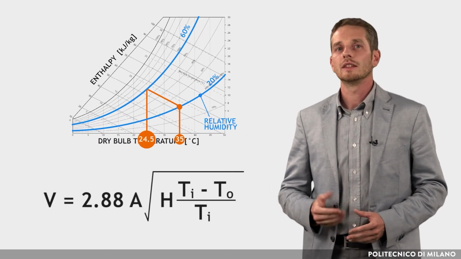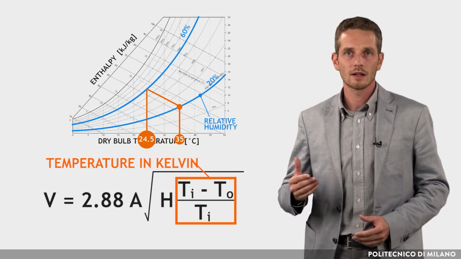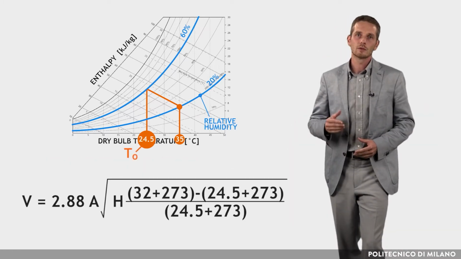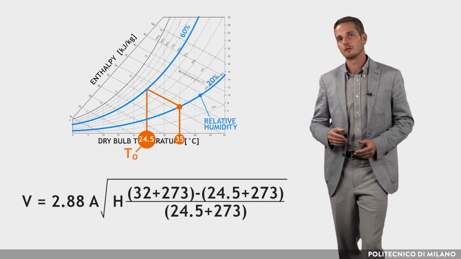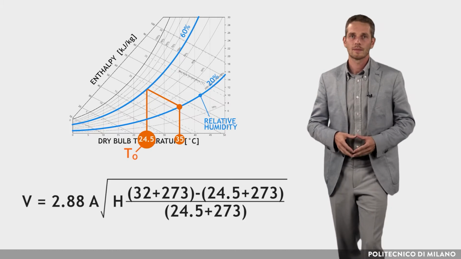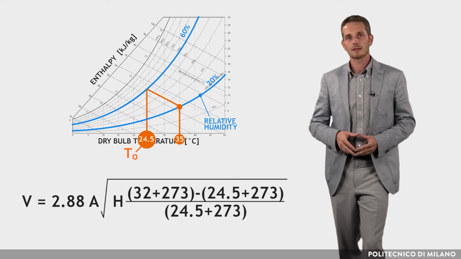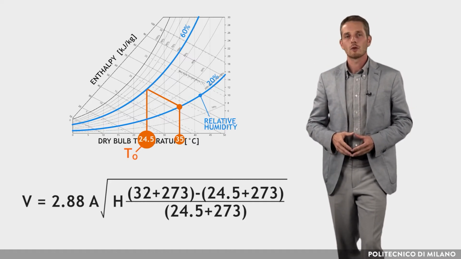Fifth, calculate the airflow rate using the equation related to the stack effect. In this example, Ti is assumed equal to 32 Celsius degrees as a first approximation. Mind that indoor temperature should be calculated iteratively using the room heat balance. H is equal to the distance between the center of the pad and the center of the outlet, and A is the net openings area. The procedure assumes that the walls of the tower are insulated. If this is not the case, the cooling capacity will be less than that calculated.